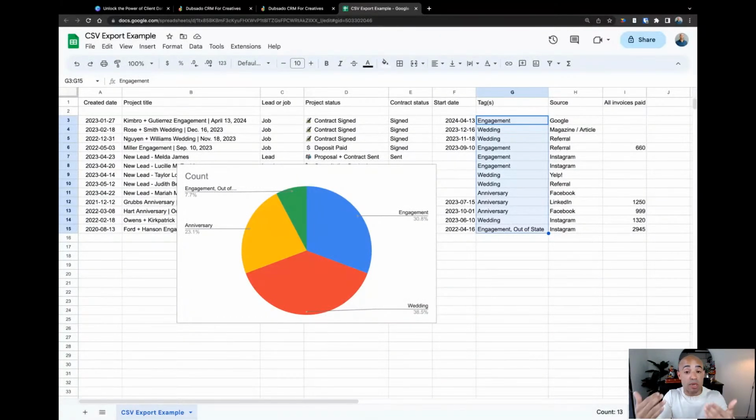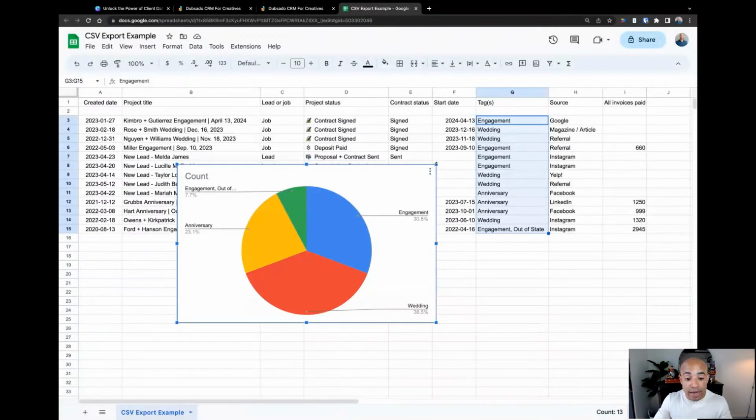This gives me more insight into what business is really taking off, which one is lagging. You can see right now that wedding is my main area. That's taking up a big portion of my business. Same with engagement. That's really high as well.